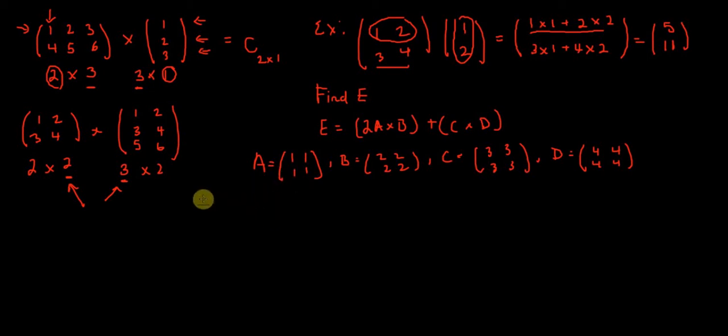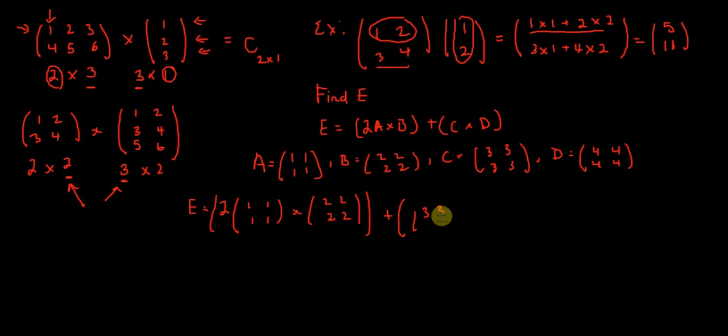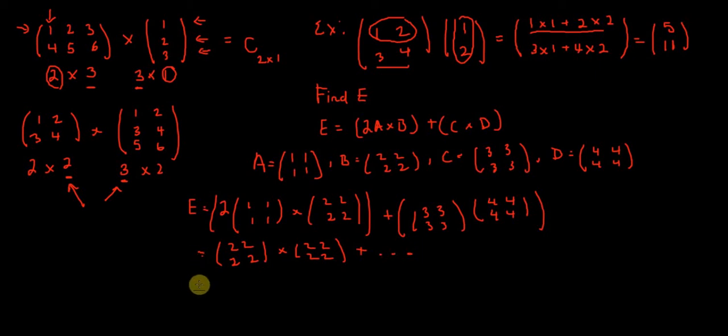So let's take it step by step. E is equal to 2 times the matrix A, multiplied by the matrix B, plus the matrix C times the matrix D. First, using our rules for scalar multiplication, we're going to get that 2A is just equal to 2 distributed to all elements of A. Now, using our rules of matrix multiplication, we'll find